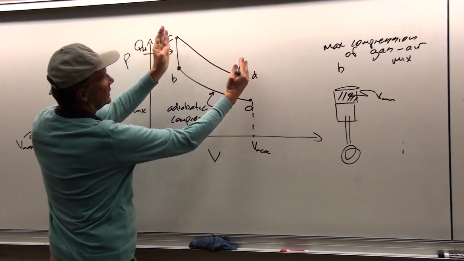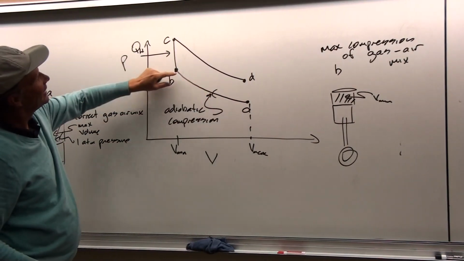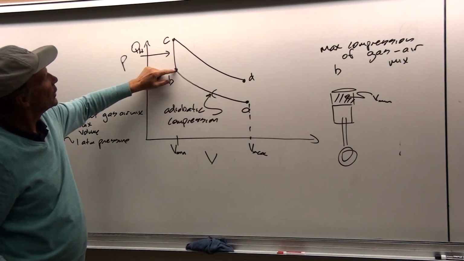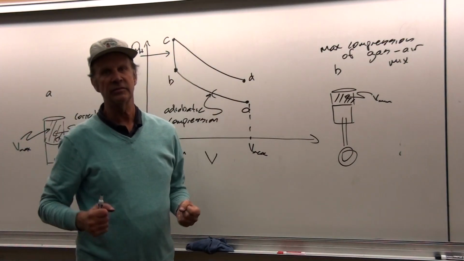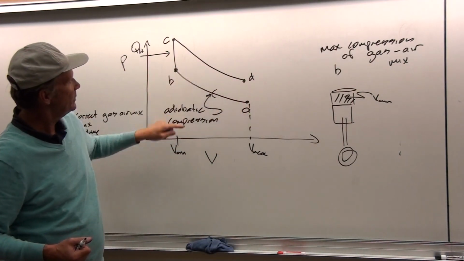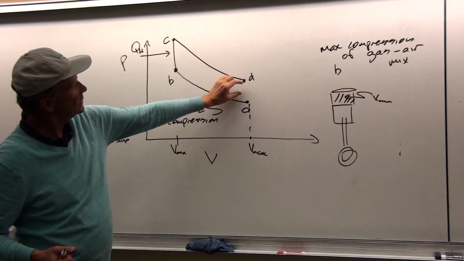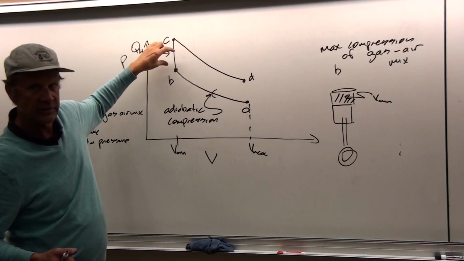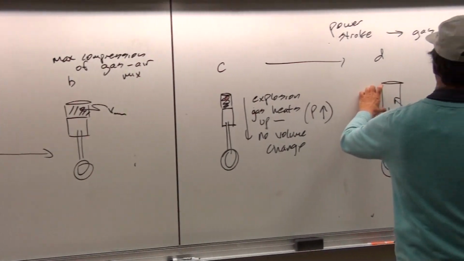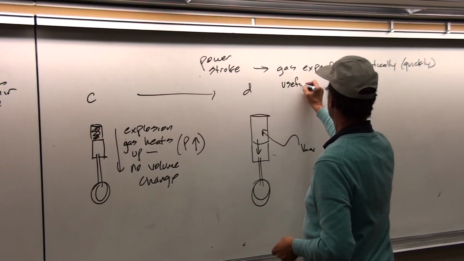So this useful work is the area under the curve from C to D. The piston is being dragged along during this part of the cycle because it has to be compressed, so other pistons have to be doing the work for this piston during this part of the adiabatic compression process. That's negative work. Then the work done during the cycle is the area enclosed by this pressure-volume curve. Okay? And so this expands to V max, and this is when the useful work is done. This is the big payoff.